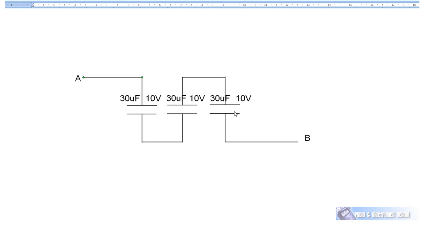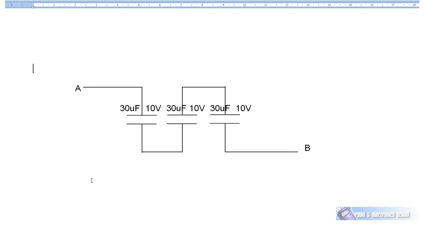And a really good rule for you to remember for your assessment is that when capacitors are the same value in series, you simply divide the number of capacitors into the value of one of the capacitors. So let me type that for you. Total capacitance in series equals the value